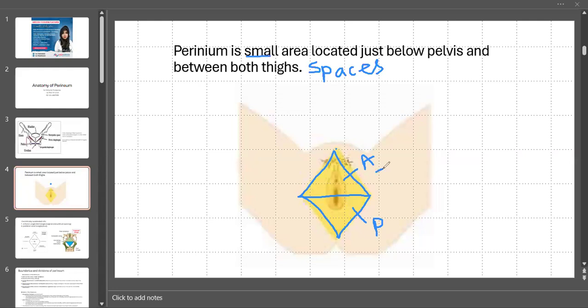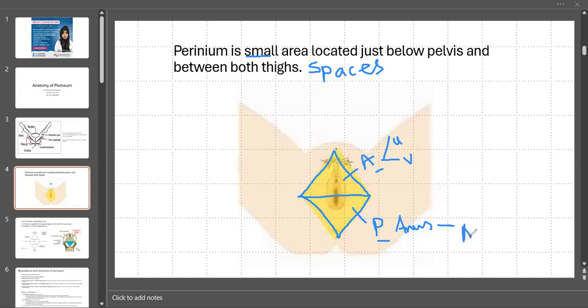So this is your anterior triangle, this is your posterior triangle. Now, if you look closely, guys, you have the anus in your posterior triangle, which is an opening, and because we're talking about the female only, you have the urethral and vaginal openings on the anterior side. So by using this very basic knowledge of the anatomy, you call this one the anal triangle, the posterior one is